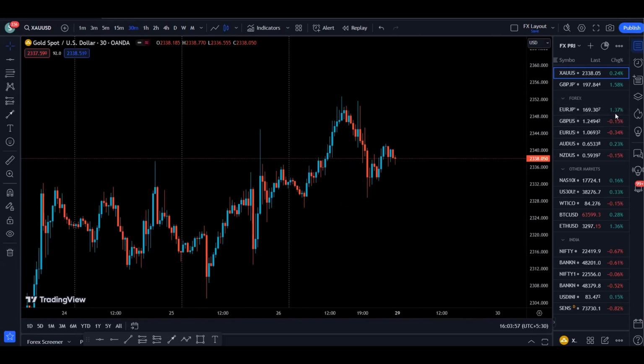On the 30-minute time frame as well, we are bullish as we are making higher highs and higher lows. So we created a high, higher low, higher high, higher low, and we created another higher high and higher low. So right now we have this resistance and we have this support. So now price already created a high, and right now if we get a 30-minute candle close above this resistance,